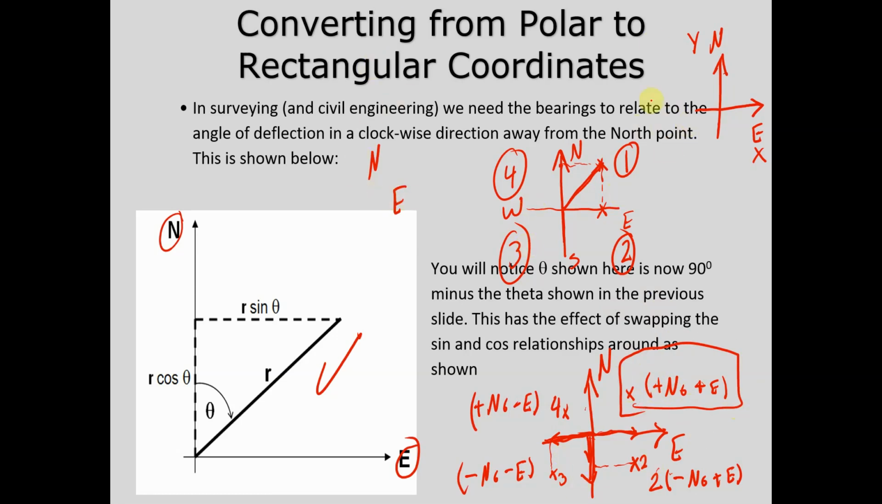Each quadrant has two components, north and east. Any point at any coordinates has two coordinates in each quadrant. Simply remember, in the first